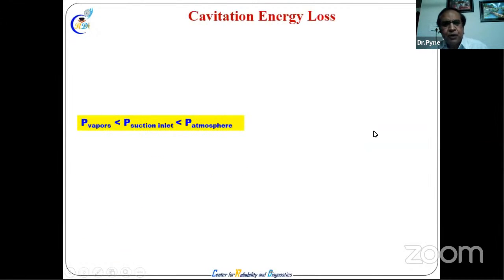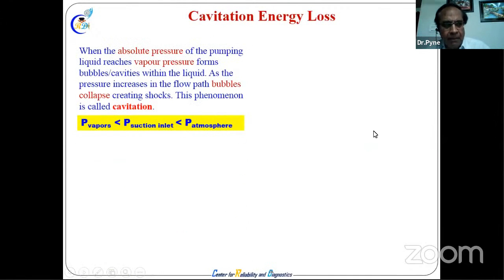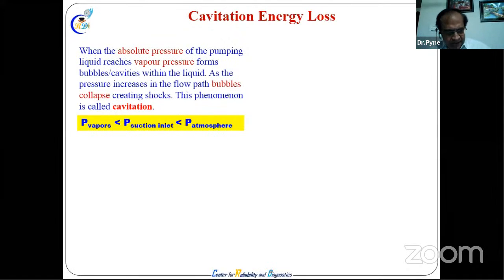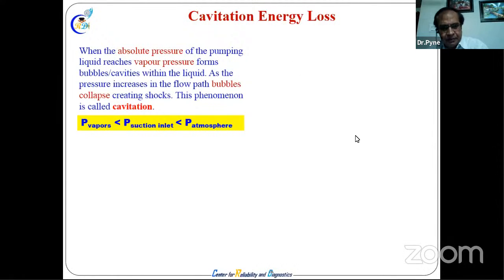In cavitation, we get a lot of cavitation in the pumps. And the other day, somebody asked me, sir, can we prevent cavitation? It is possible to prevent cavitation if you maintain it properly, operate it properly. So there is always a possibility. So, absolute pressure at the inlet.